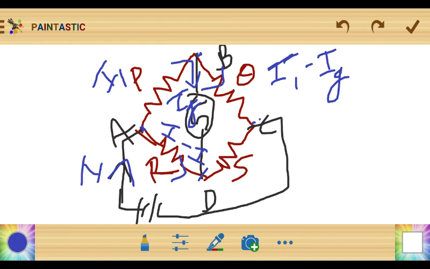Current is dividing itself, and when this current reaches the junction, what is in C? Okay, now again we'll look at the current which is flowing in arm AD. So I1 minus I2.